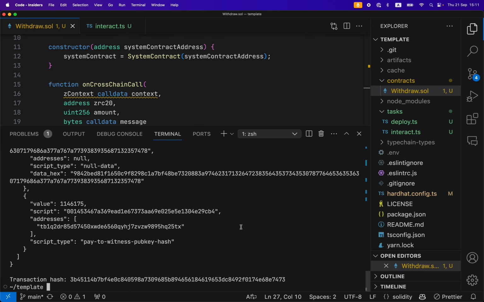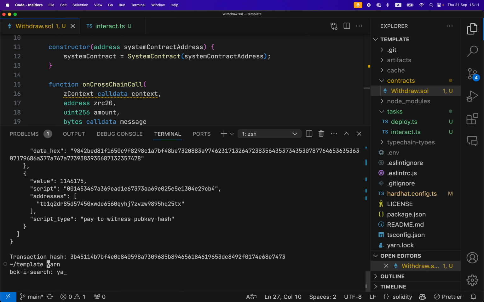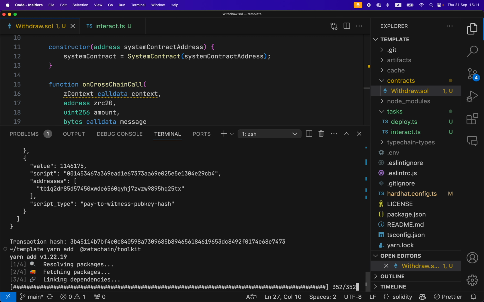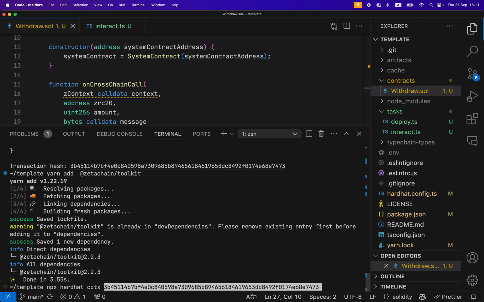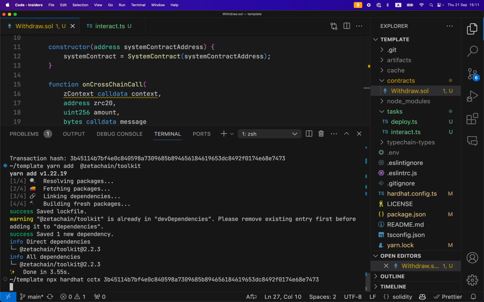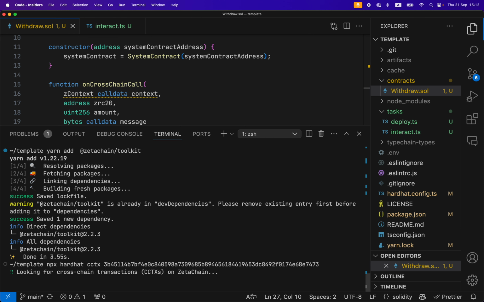You can also use a built-in cctx command to track it. Make sure that you have installed the latest version of the toolkit, so yarn add ZetaChain toolkit just to make sure. And now you can use npx hardhat cctx to track this transaction. So it's going to look for it on ZetaChain, and when it is processed, when it gets enough confirmations and it is reflected on ZetaChain,